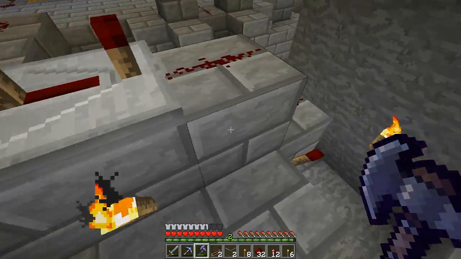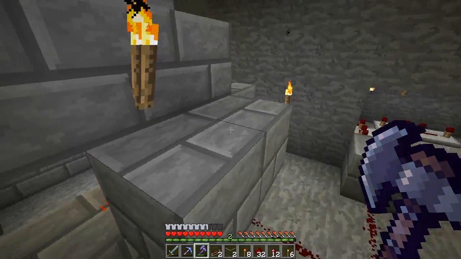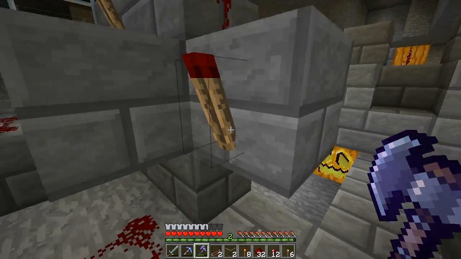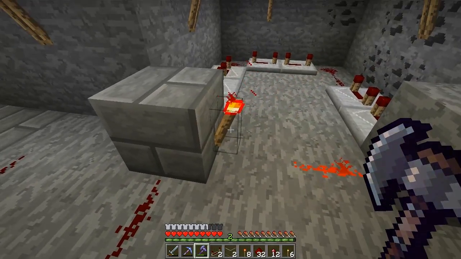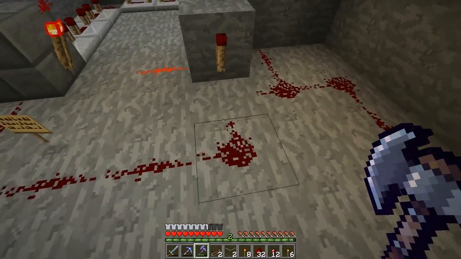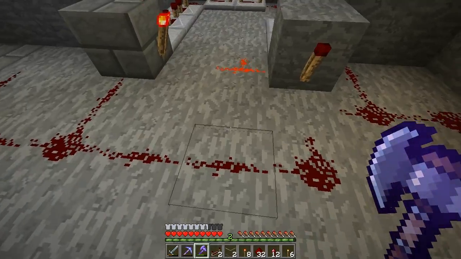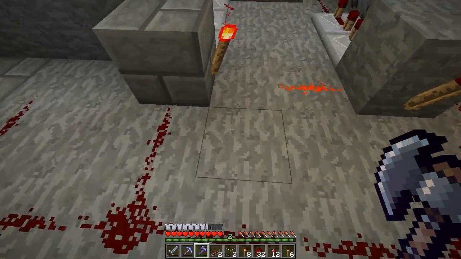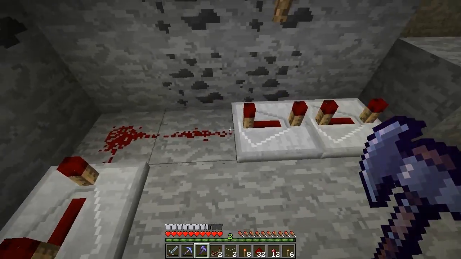Now, the rest of the monostable circuit here with the repeater and the redstone in here makes this torch blink. And once it blinks, it basically shuts off this torch, which allows this torch to turn on, which will feed back into it so it stays that way. It's basically an RS latch. And once that happens, these repeaters start filling up with power. And once it hits here,